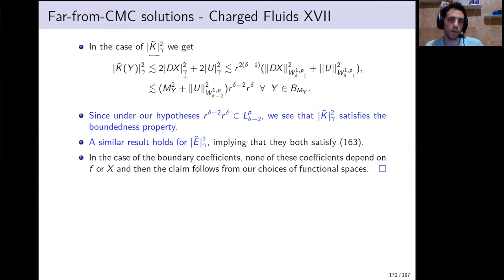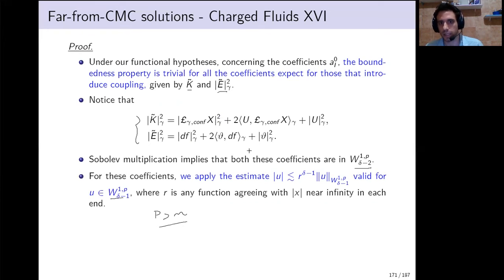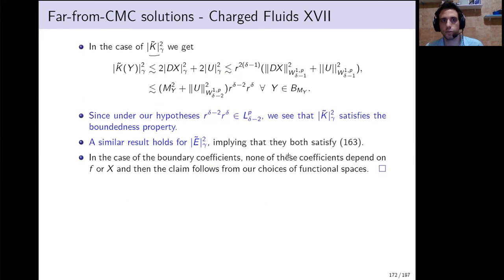And now here we apply these estimates to both terms. And this makes appear this function R. And since we are assuming that X belongs to one of these balls, which are contained in W2P delta,